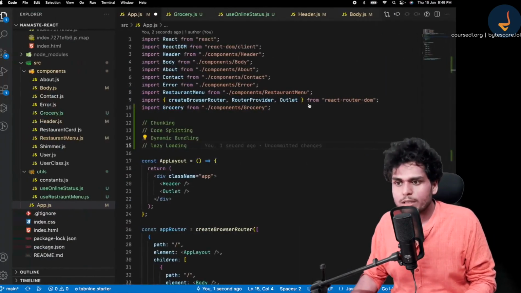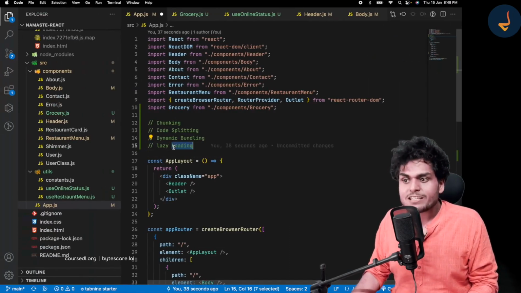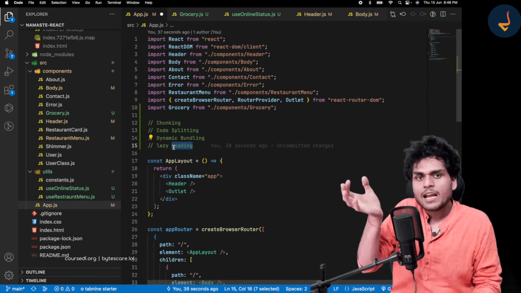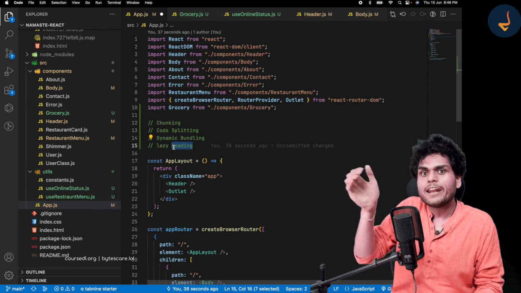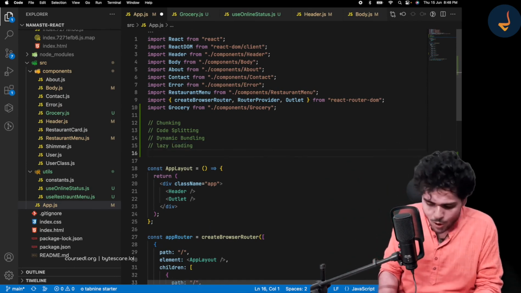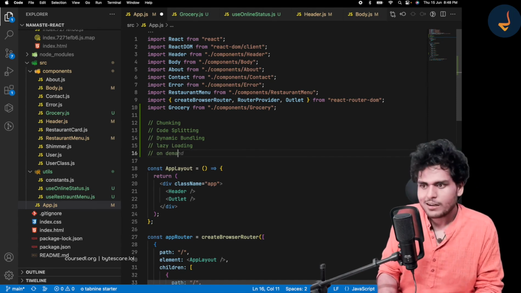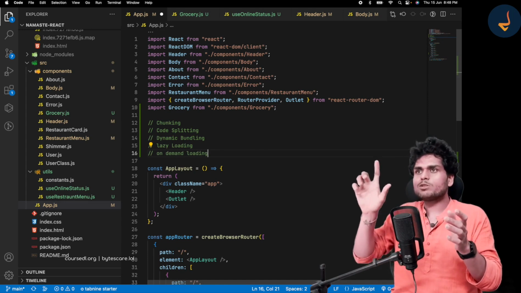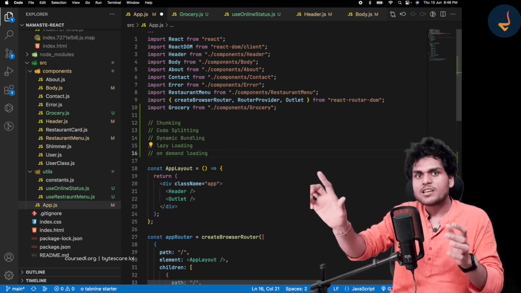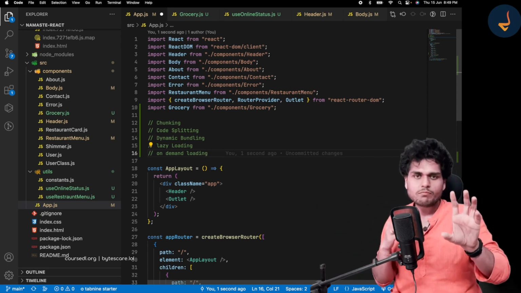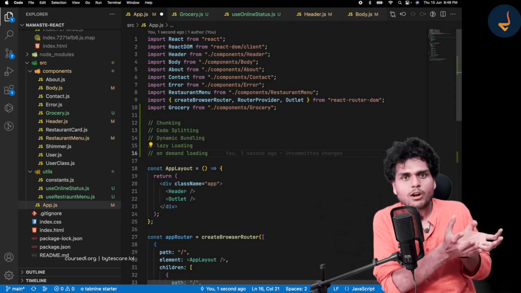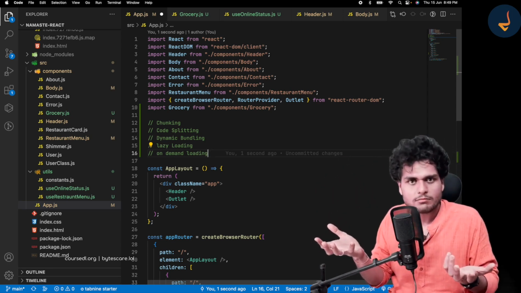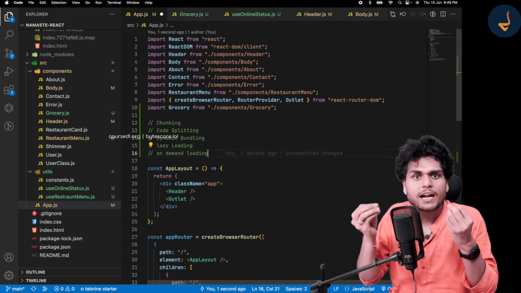That is how we will do that, right? So that is known as lazy loading. We will not load everything directly, but we will do lazy loading when required. This is also known as on-demand loading, right? Whenever there is a demand, whenever the user goes to that particular page, only then load that page. Understood? Initially, we will not load. When I go to the grocery page, only then load it. That is known as on-demand loading.